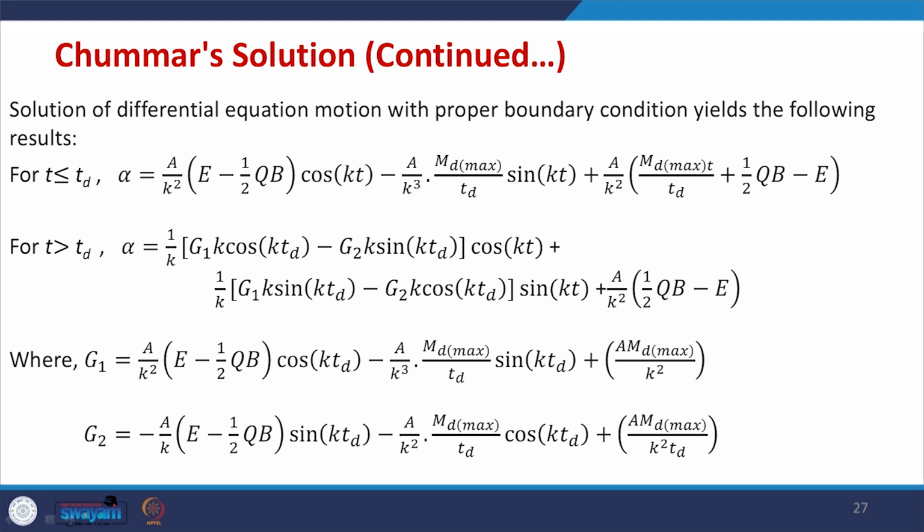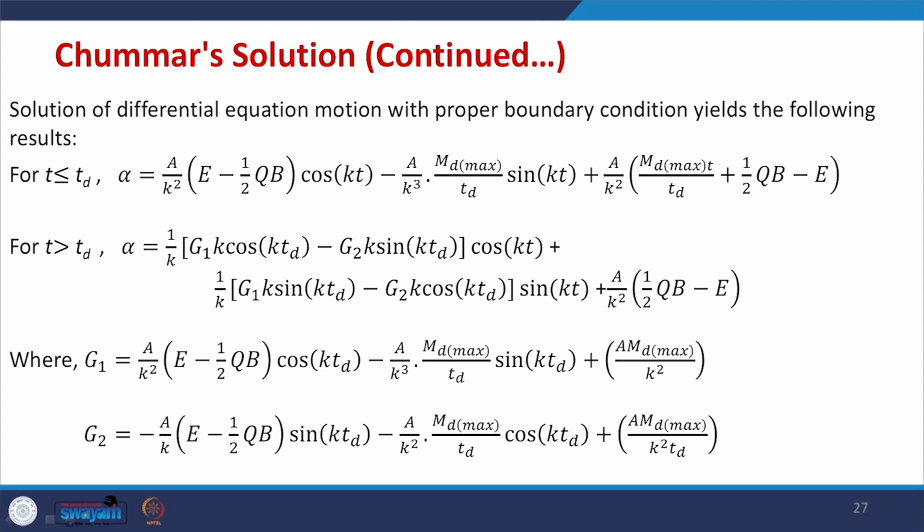When time t is less than Td, then alpha is given from this relation. When t is more than Td, then alpha is given from this relation, and in the second equation, G1 and G2 are given from these relations. One important point which I want to mention here is that in the first equation you have kt,